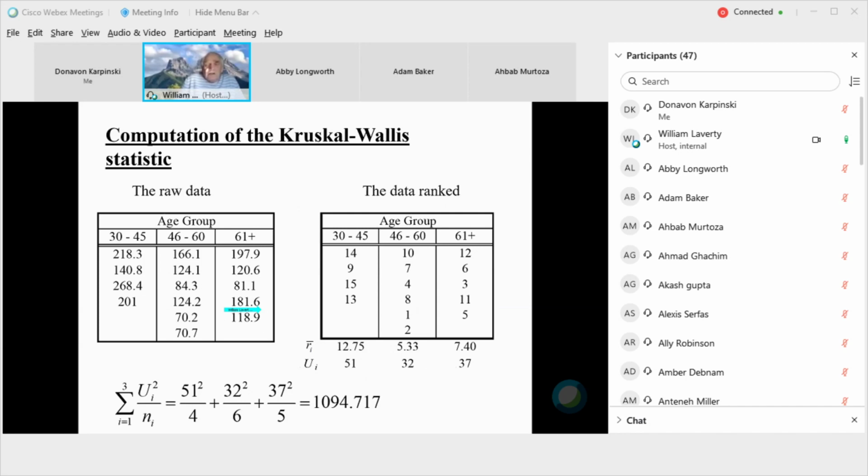Here I'm performing the Kruskal-Wallis statistic. I rank the observations from smallest up to largest. The smallest is 70.2, the next smallest is 70.7, the next smallest is 81.1. So they're ranked from 1 to